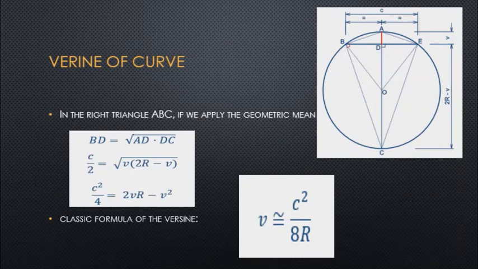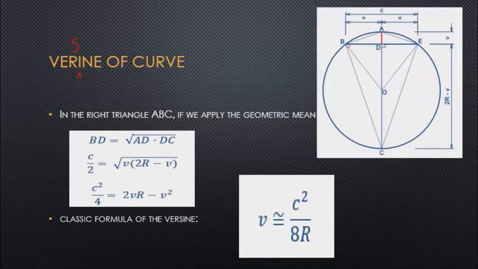The next one is the versine of curve. Sorry, I missed an S here. The versine of curve. All these topics will be familiar to you. We already discussed the versine of horizontal curves and vertical curves in the S5 geomatics paper. So I am not going much deeper into this topic again, but you have to remember some equations for the versine of curves. What is the versine of a curve?